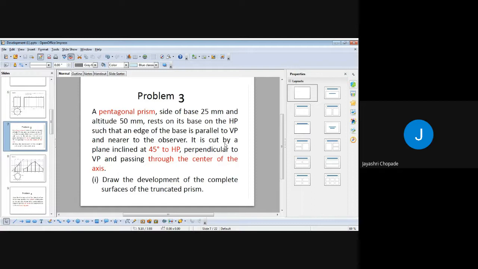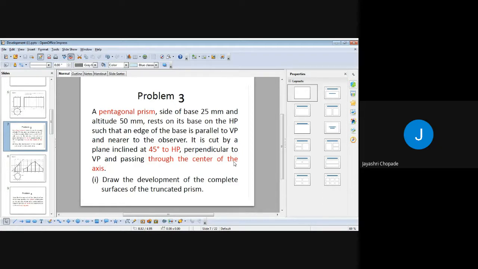It is cut by an inclined plane at 45 degrees to the HP and perpendicular to the VP and passing through the center of the axis. Draw the development of the complete surface of truncated prism.